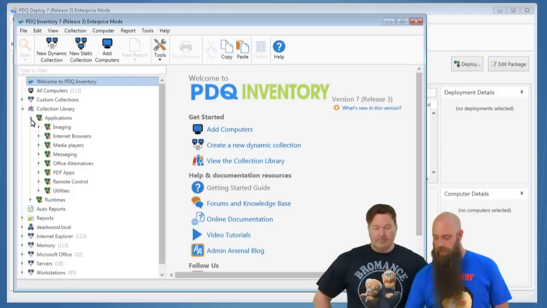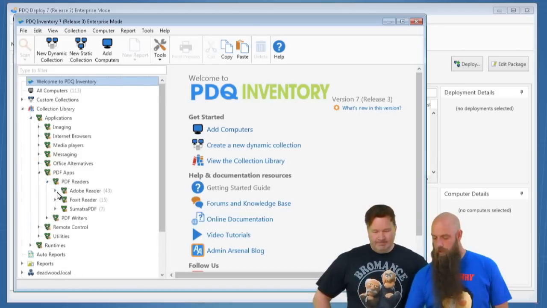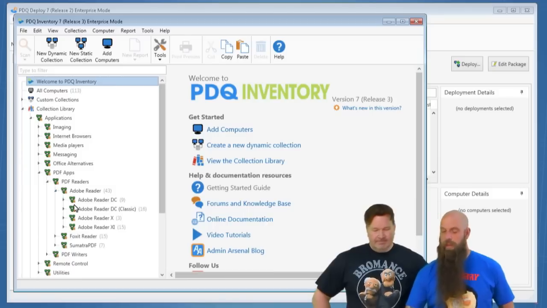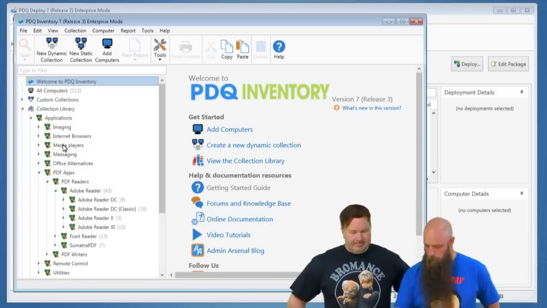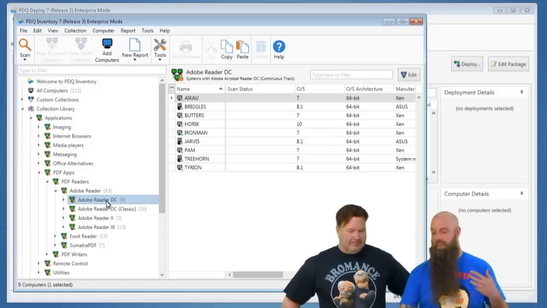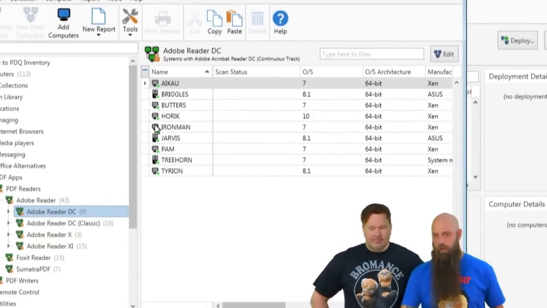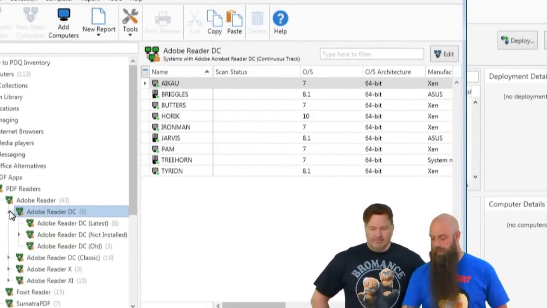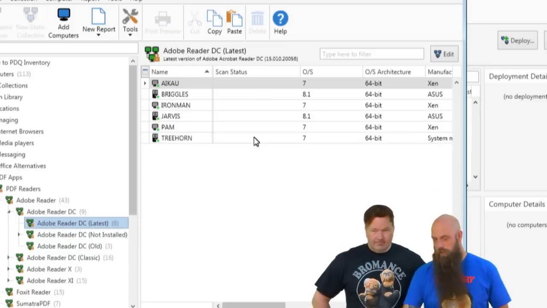We'll go to Applications, PDF Apps. We'll go to PDF Readers, Adobe Reader. And now you see we've got DC, DC Classic, 11, and 10. So obviously DC, these are the continuous track. You can see the description there. These are the machines that have Adobe Reader DC continuous. And of course you can break that down a little further. These are the ones that have the latest version. You can always see that latest version right there in the description. And then those that have